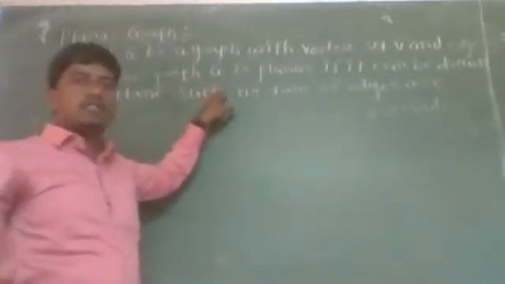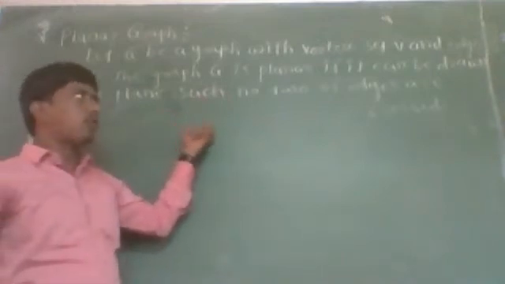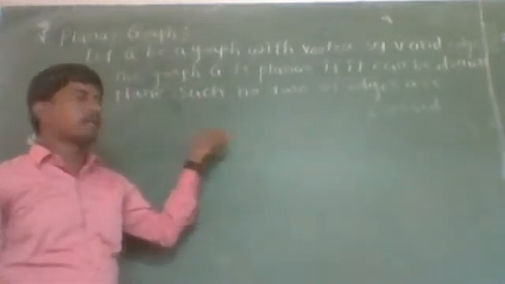So a graph G with vertex set V and edge set E is said to be a planar graph if it can be drawn in a plane in such a way that no two of its edges are crossed each other. For example,